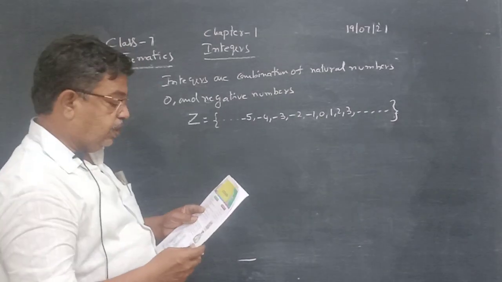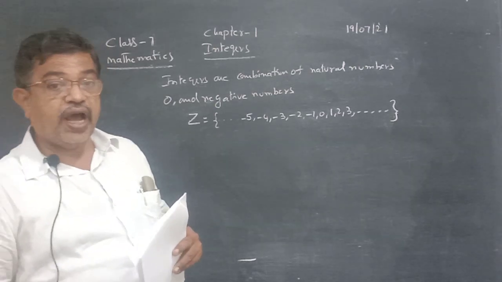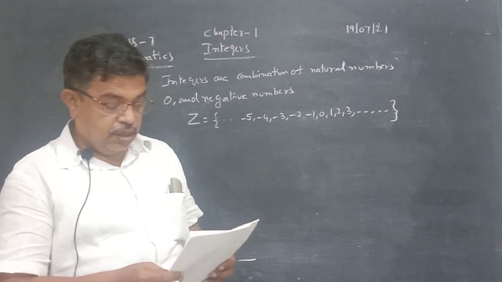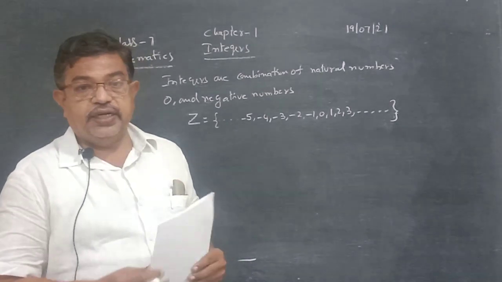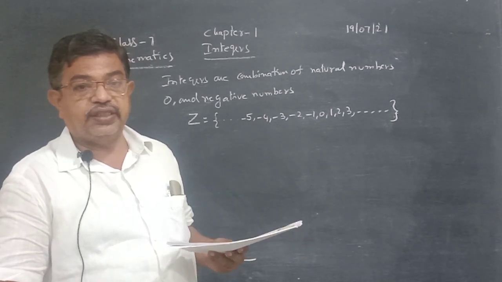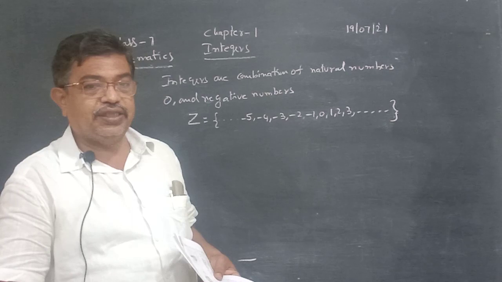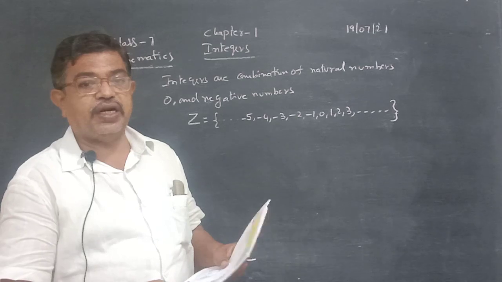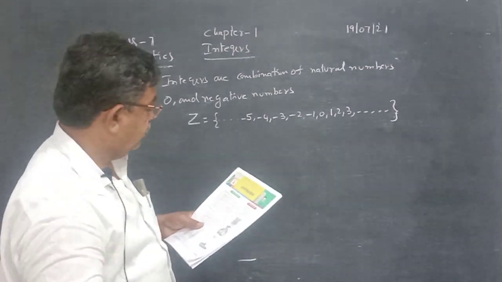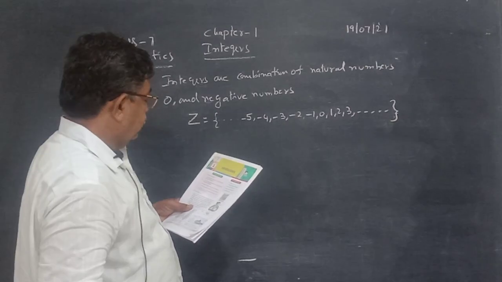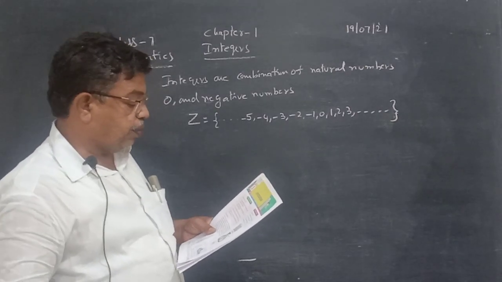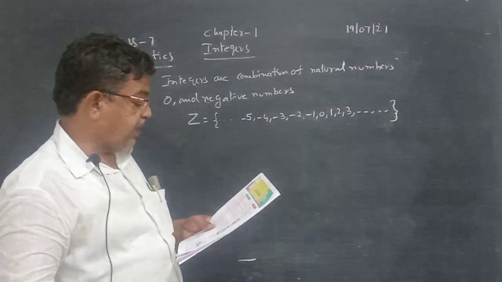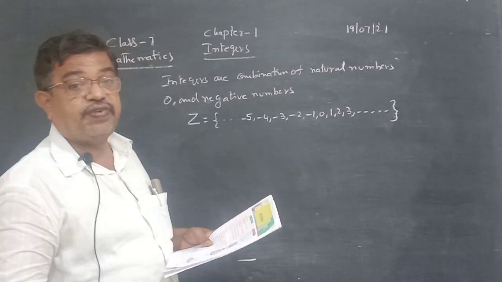So in integers we learned in the earlier class how to add integers. In 6th class also we learned this, how to add integers, how to subtract integers and how to divide integers. We learned some concept how to multiply integers also. The same we are going to extend in 7th class. Some more ideas we are going to practice in 7th class. So in this class we are going to understand the process of multiplication, division, solving the problems related to multiplication and division of integers, verifying and explaining the properties of integers.